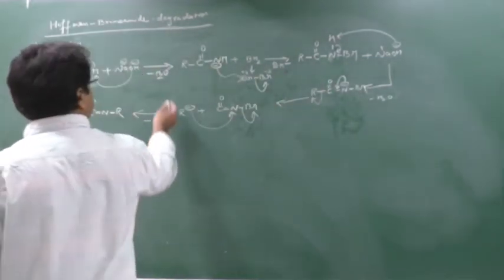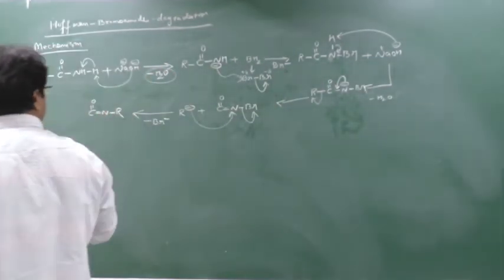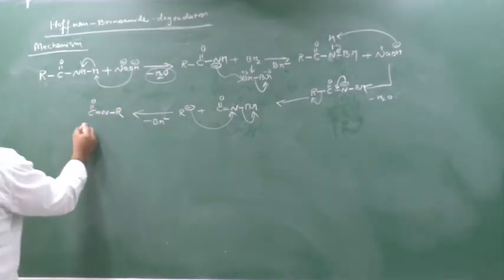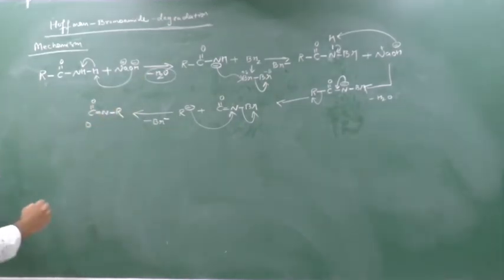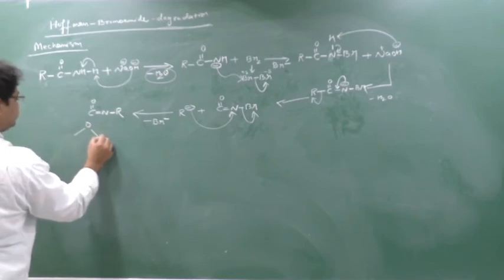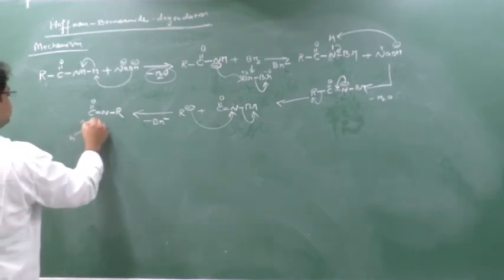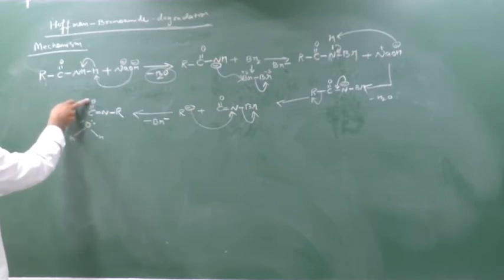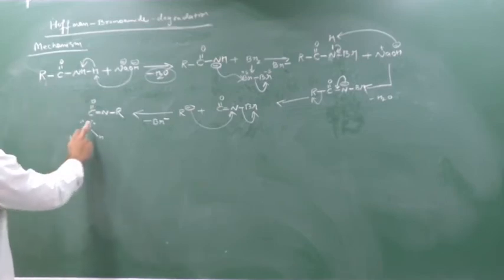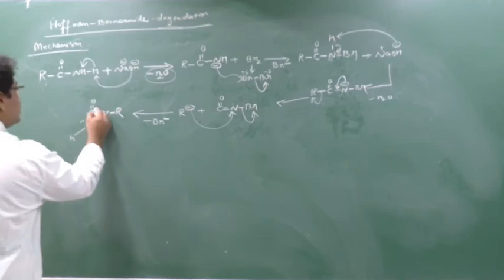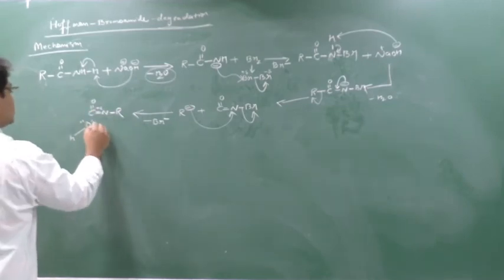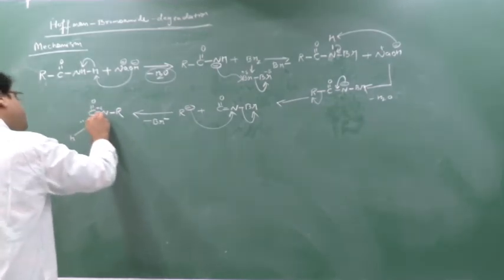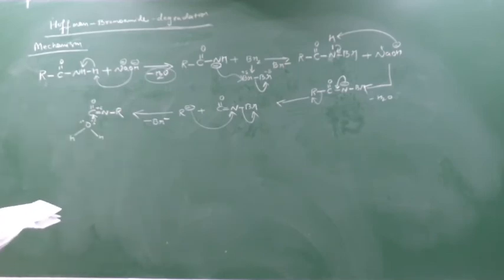Why will water come in the picture? Because there is water released here. Yes or no? Now this water will come. What will it do? See, this is water, here H, and there is a lone pair. Yes or no? See, out of carbon and oxygen, who is the more electronegative element? Oxygen is the more electronegative element. Carbon and nitrogen, nitrogen is the more electronegative element. So carbon is having the partially positive charge. So this oxygen will donate its lone pair to this carbon.